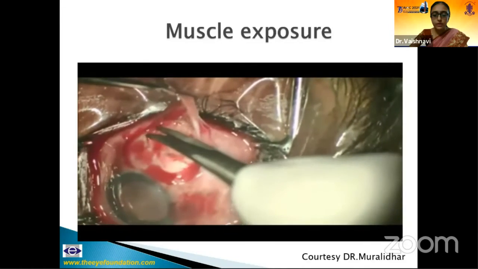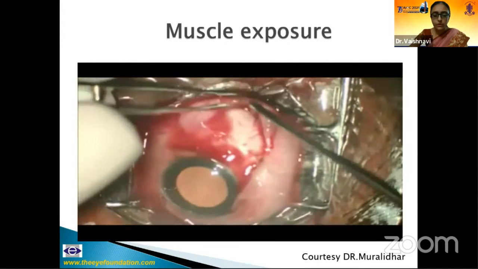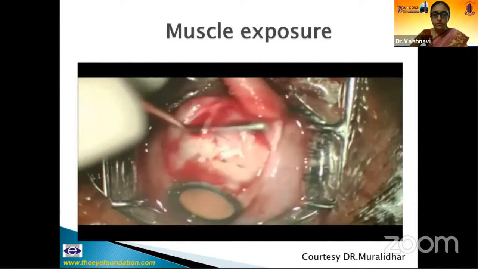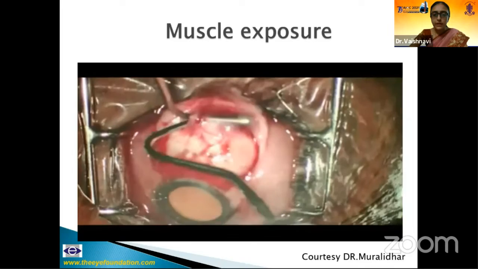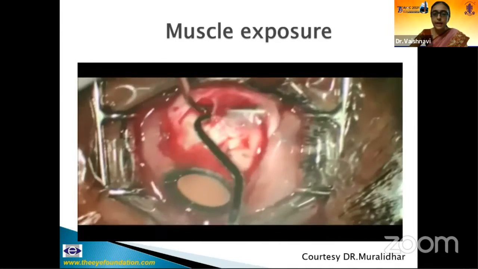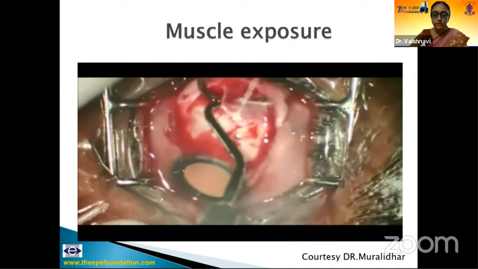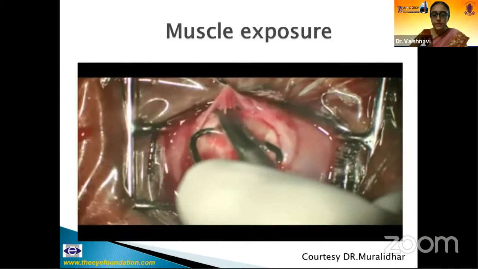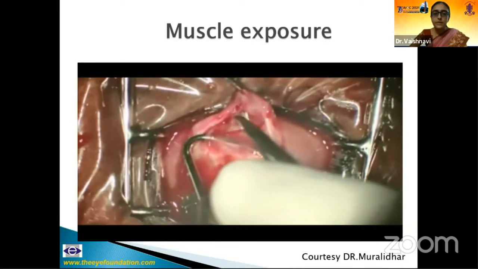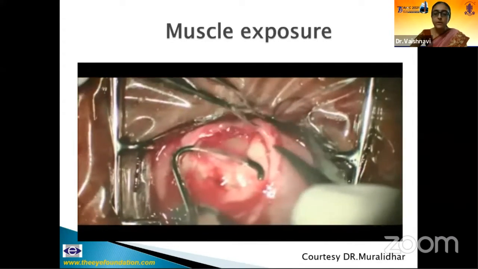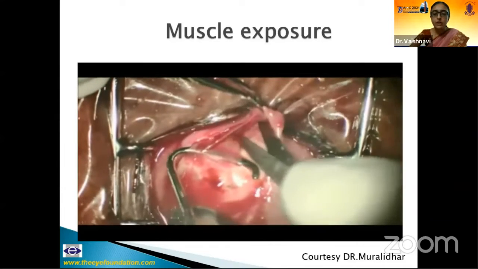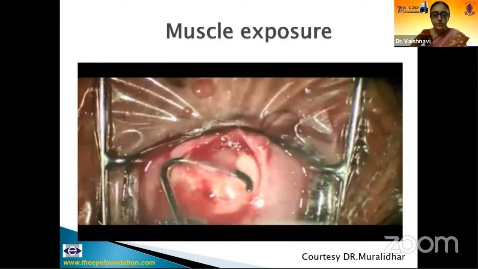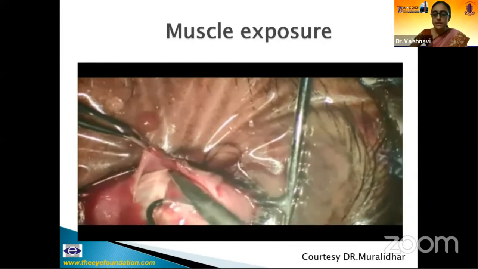Then the muscles are hooked, first with the von Graefe hook, which is passed hugging the sclera. Then with the Green's hook, which is passed, ensuring that the entire muscle is being hooked. Then the check ligaments and the intermuscular septum are separated under direct vision, preventing any injury to the vessels, fascia, or the muscle sheath. Excess of any Tenon's capsule in and around the muscle insertion is carefully excised.